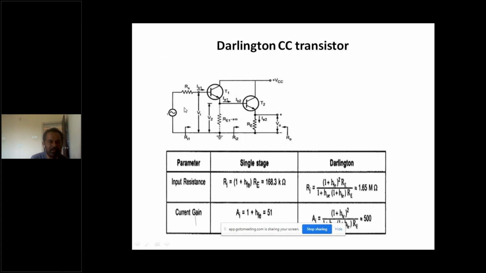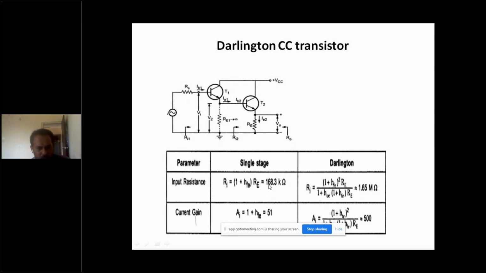But my source is connected here. For the end user, these are the terminals where I connect. I don't look at this point, I look at this point. Now, the input resistance is 1.65 mega ohms. What is the input resistance here? 1.65 mega ohms comes in parallel with the R1 and R2 combination. The R1 R2 combination may essentially give up to 30 kilo ohms. So the effective input resistance is 30 kilo ohms parallel to 1.65 mega ohms.